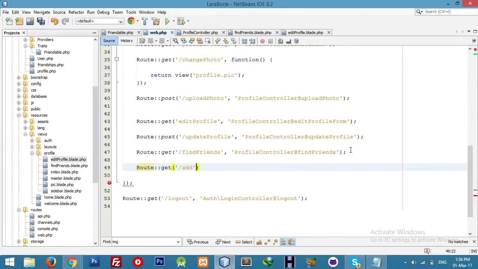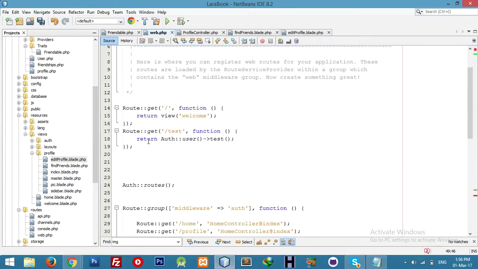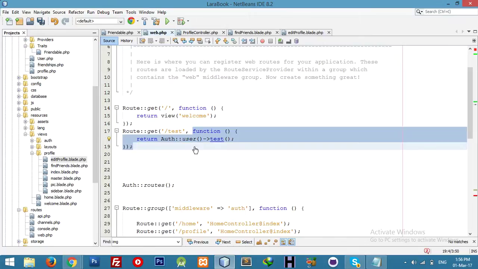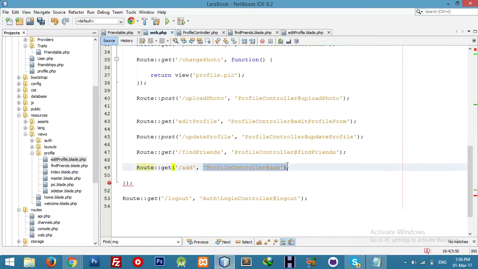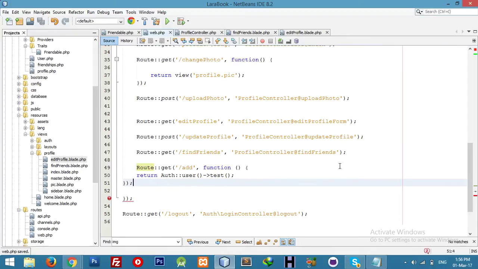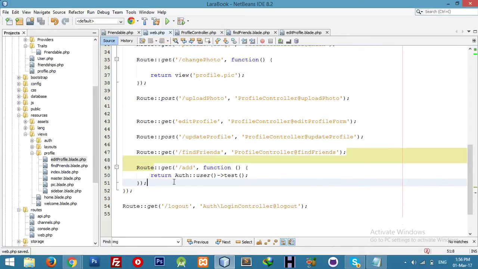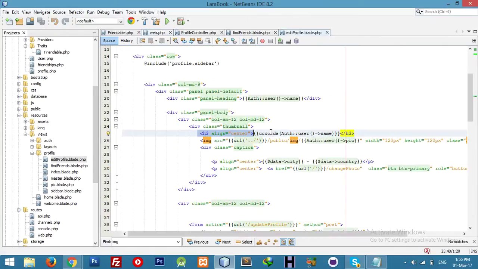Completing our logic to add a friend profile controller, we will choose this logic. Okay, copy this, paste here. Okay, now if I click add friend, I think it's more logical. Here